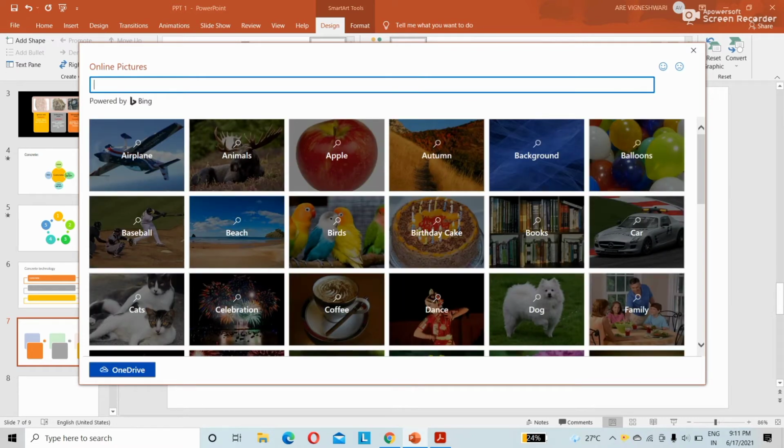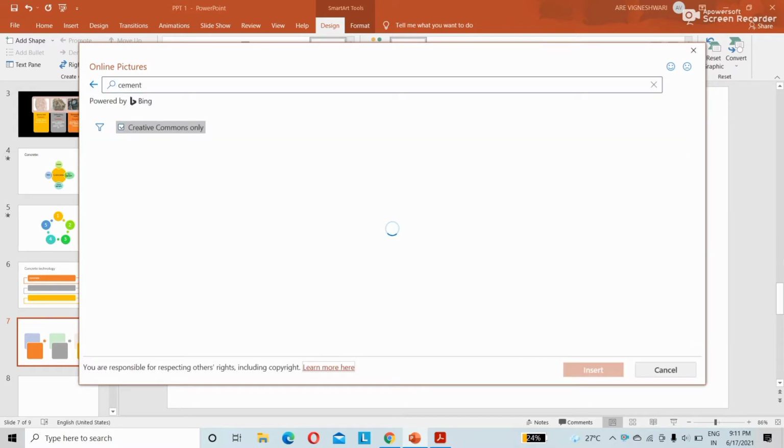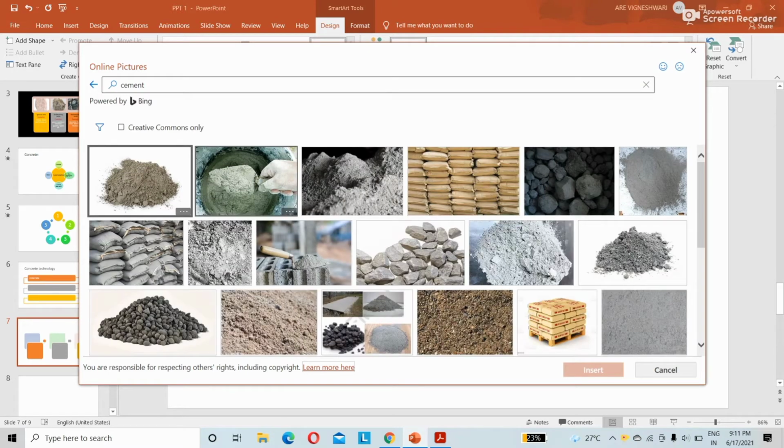I am searching for cement, enter. It is loading. Select any of the required pictures.